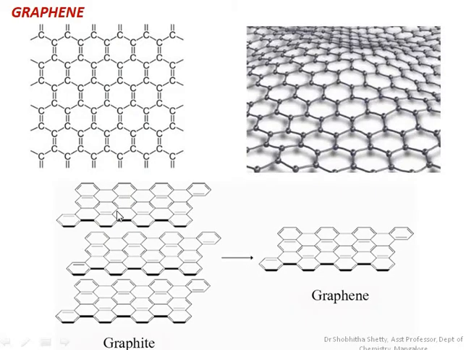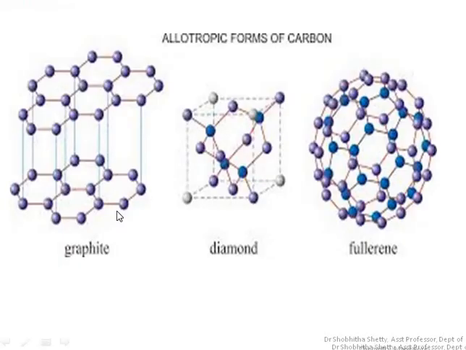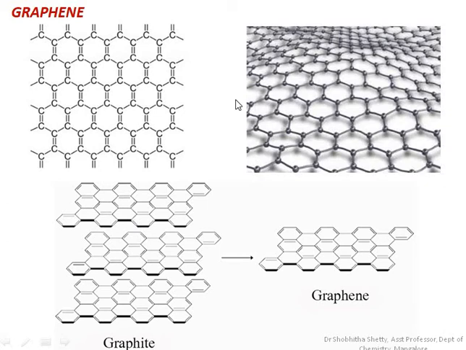So just observe, due to the change in the structural or the electronic configuration, how the physical property as well as the chemical reactivity of a compound changes and how it influences the property. So this is the structure of graphene. You can see the carbons continuously linked, and this is also an allotrope of carbon, and you can see it exists in the form of a 2D planar sheet kind of structure.